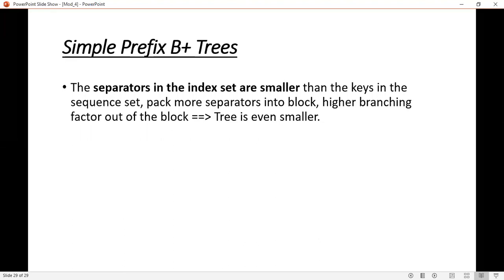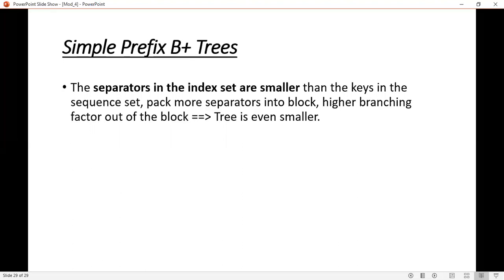The separators in the index set are smaller than the keys in the sequence set, and we can pack more separators into a block, giving a higher branching factor. The tree is even smaller compared to simple B trees and B plus trees. This simple prefix B plus tree is even smaller.